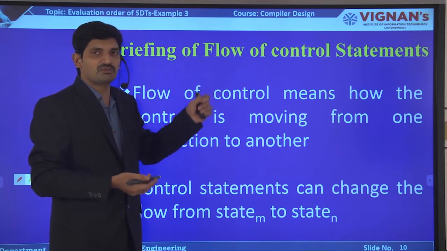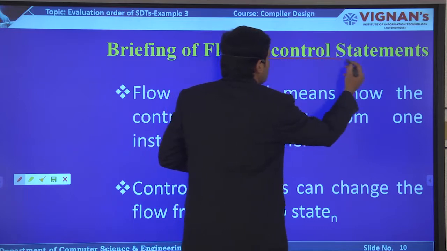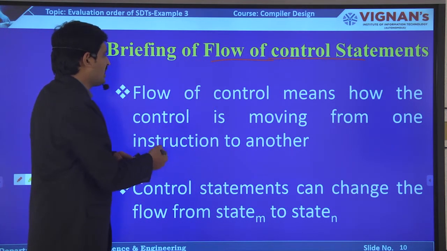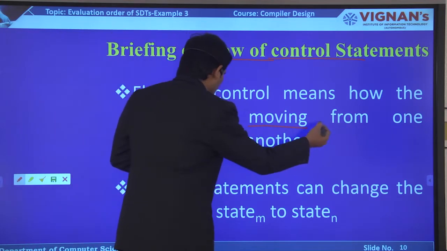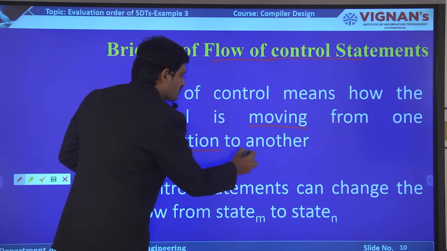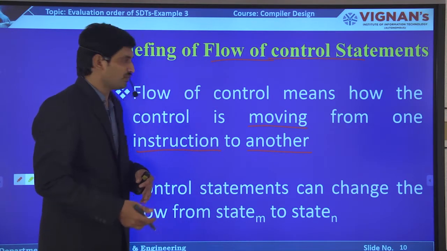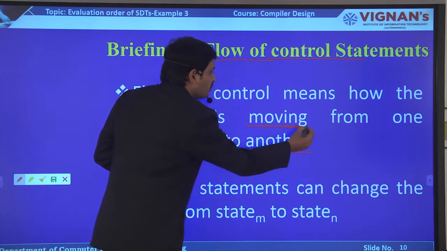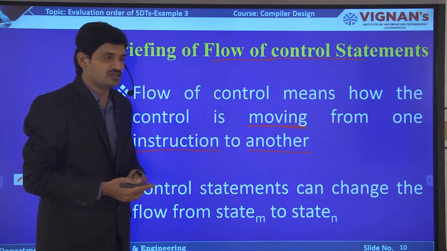These are known as control statements or flow of control statements. So flow of control means how the control is moving from one instruction to another instruction.